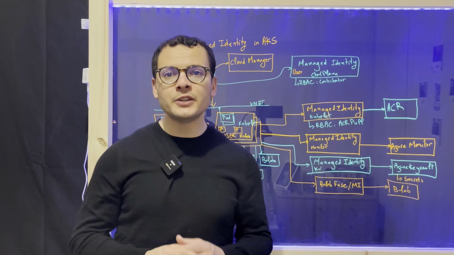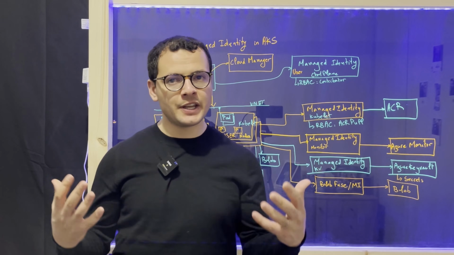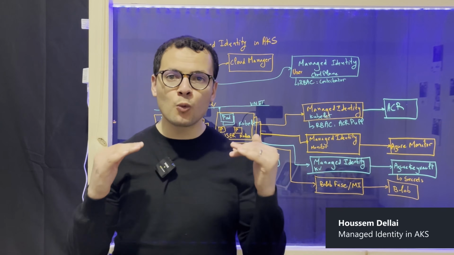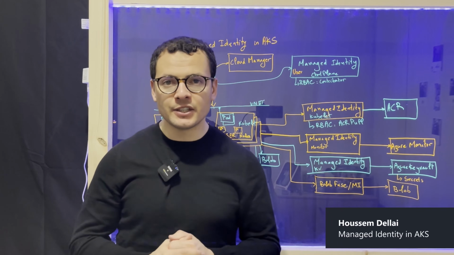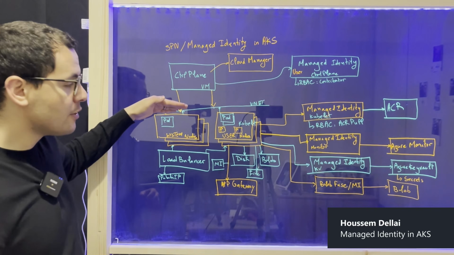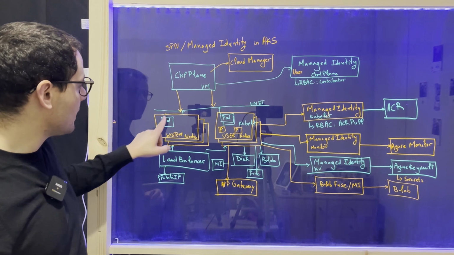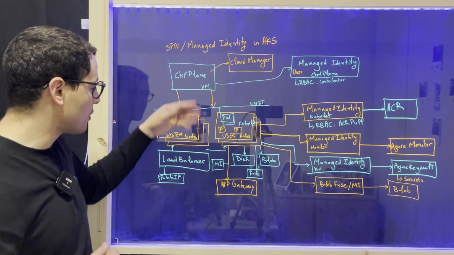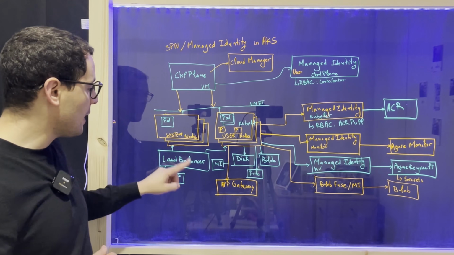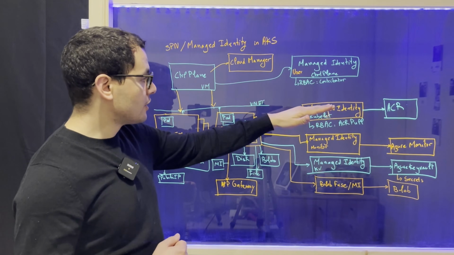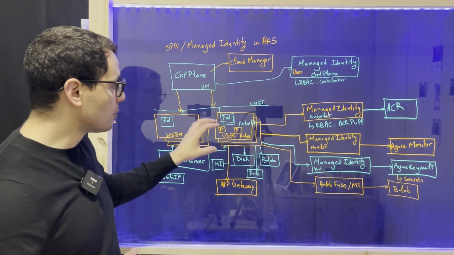It is highly recommended to use Azure Managed Identity in an AKS (Azure Kubernetes Service) cluster. Within our cluster, we might have one or many managed identities. One of them would be used by the control plane in order to create the resources for my cluster, like creating the virtual machine scale sets, the node pools, creating the virtual network, the subnets, creating the public IP, the load balancer, and then we might have other managed identities that will be used by the node pools themselves or